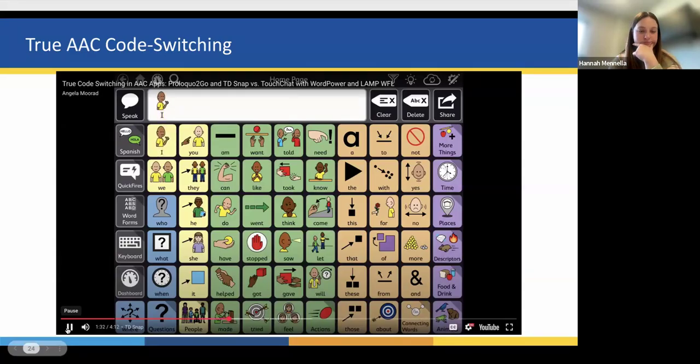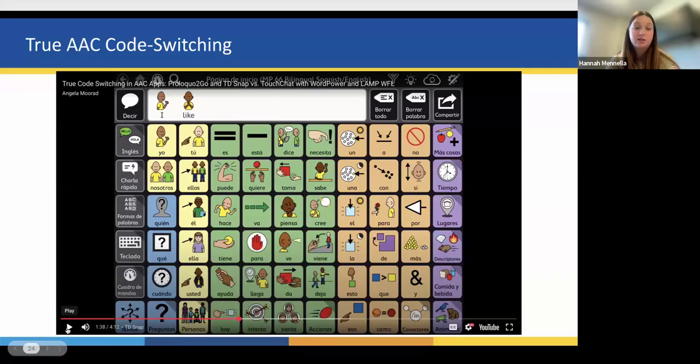English. I. Again, there's Ella. I like. Go over to. Okay, so now she hit that toggle and now she's switched into Spanish, and you can see the button now says Inglés, which now means we're in Spanish. You can hit that button to switch back to English, and you can see the words under the buttons are now in Spanish, but the symbols are the same. The representation is the same. That is a teaching tool to help the student know whether the word is in English or in Spanish, it's the same meaning, right? So symbols are the same, color coding is the same, organization is the same.